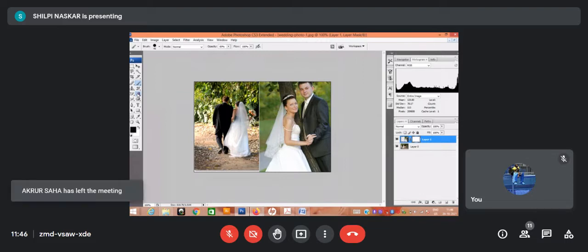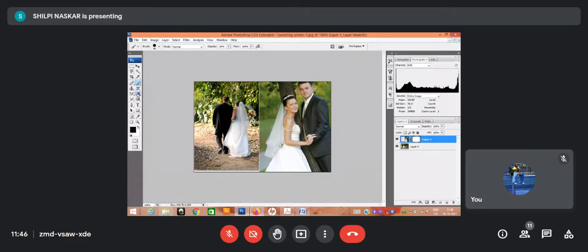Now next, if some unwanted portion has been erased, press X and use the brush again. It will come back like your history brush tool, if you remember.